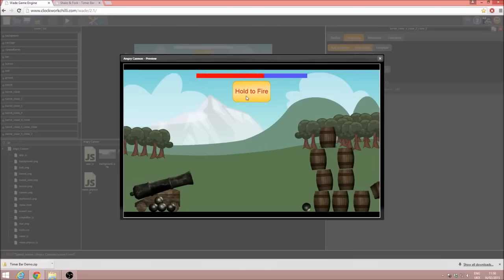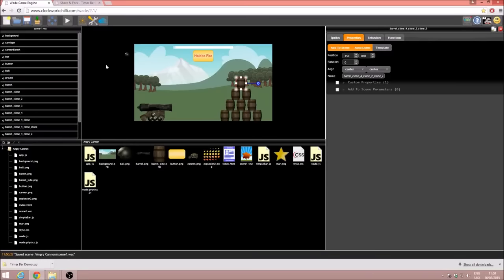Ooh, barrels are getting blasted to bits. So that's quite fun, that worked well. Now, we need one final thing in our game, which is an objective, and that is what this star is for. So we're just going to drag the star in, going to drag it down,